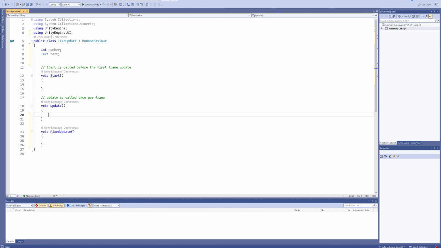So we'll go to the update function because we want to make sure that this always on every frame updates to reflect the value of the integer that we have just made. And we'll say text dot. And now we get all of the possible things that we can do with a text variable. So you can see there's a lot of different things here. And you can just look through this if you're interested. But really what we're looking for is just the text. So text.text, which is the string that it will display, is equal to,